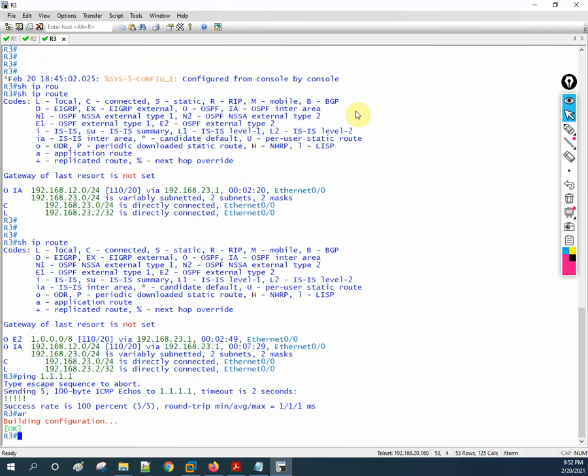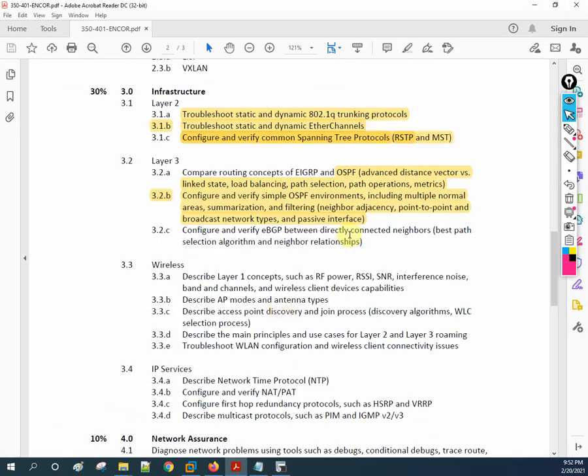You may be confused by LSA1, LSA2, LSA3, LSA4, LSA5. In our syllabus they did not mention LSA.